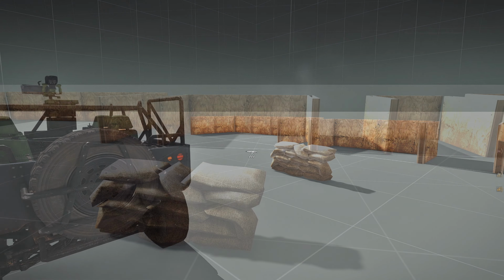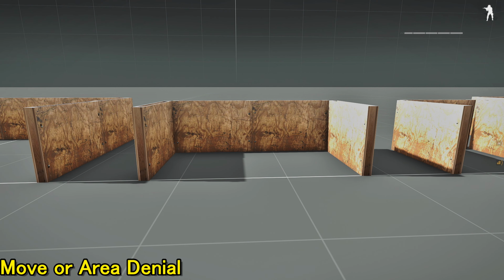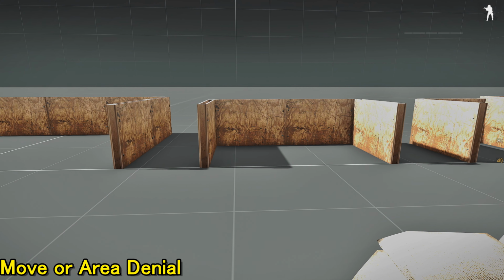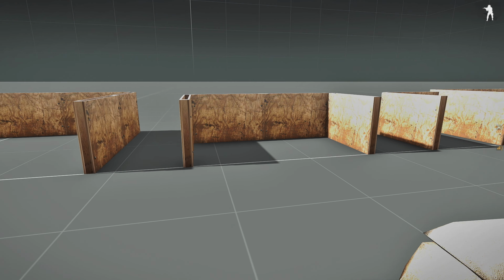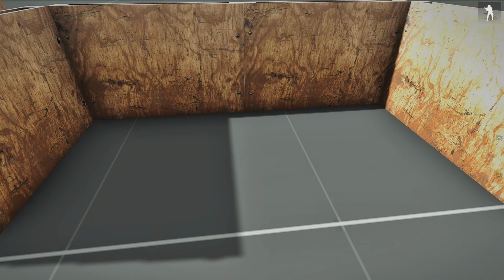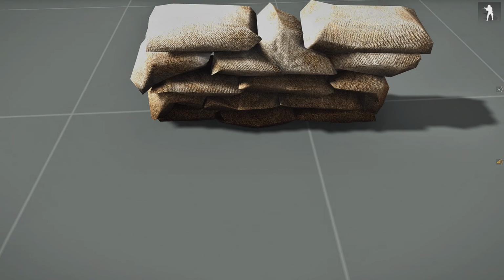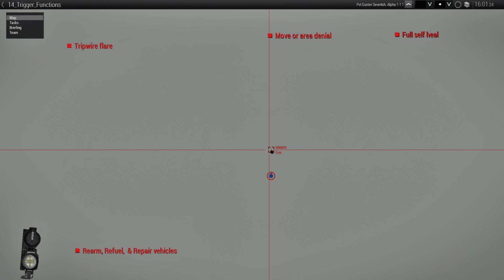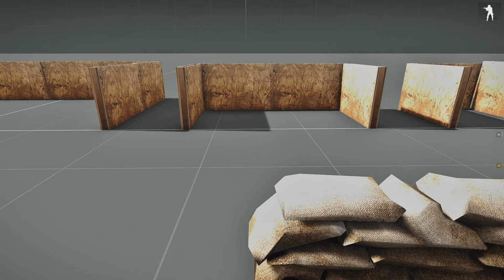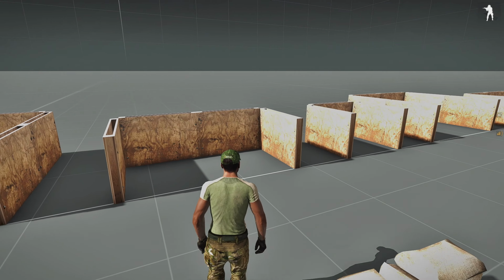There you go. This next trigger is the area denial or move trigger, whatever one you want to use it for. So if I walk into this trigger, I'm going to be moved to the marker right here. So if I do that again,